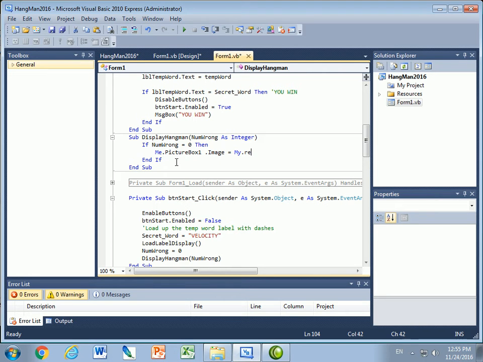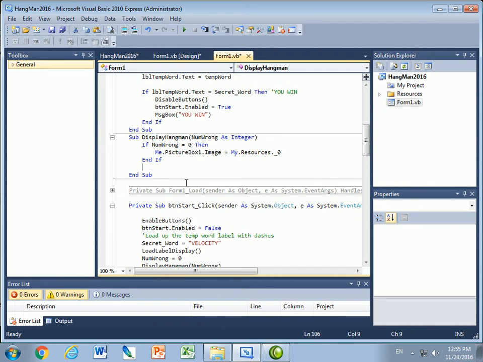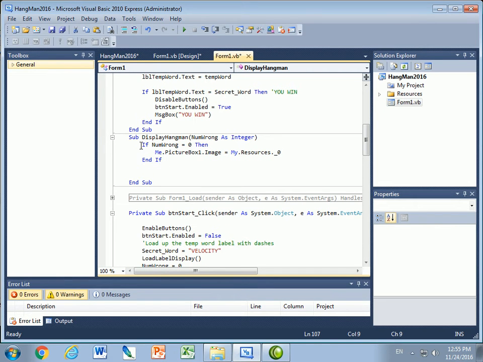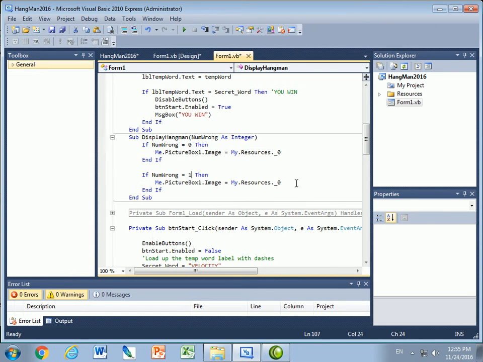Me.PictureBox1 is equal to My.Resources.Picture0, and that's going to display picture 0 if it's 1. And then what I would do is, if the number wrong is equal to 1, I would say I wanted to display My.Resources number 1,